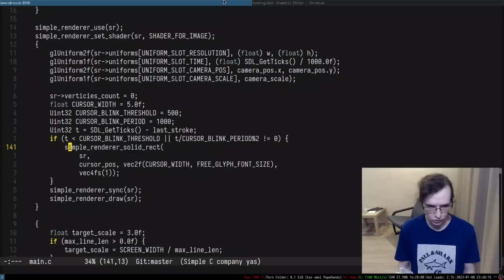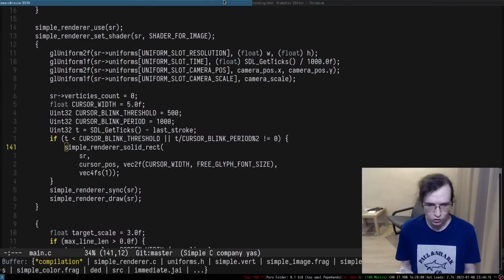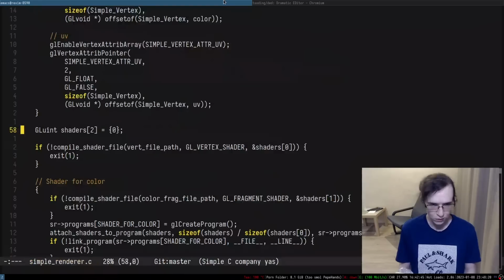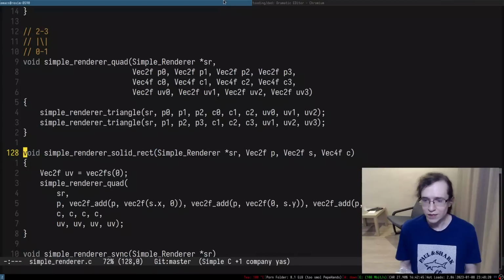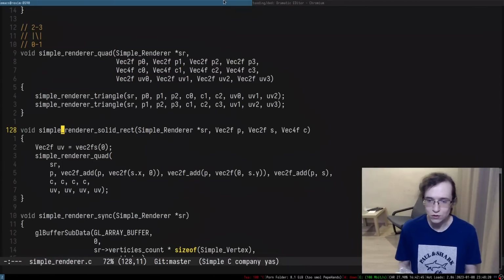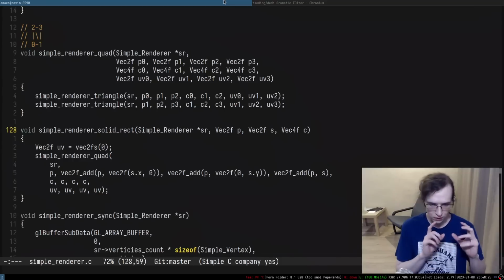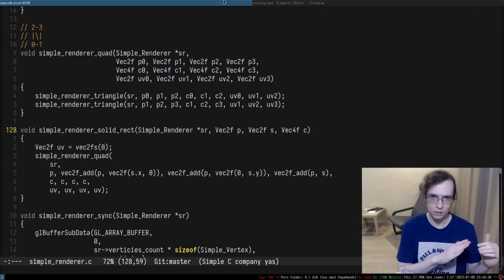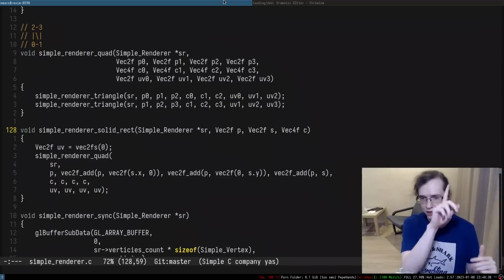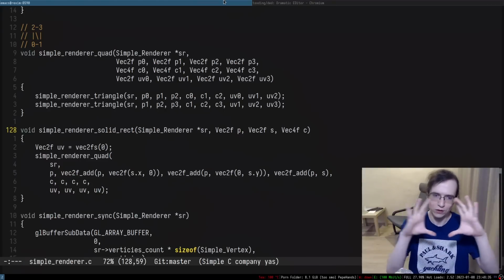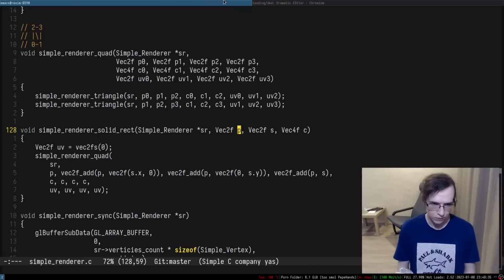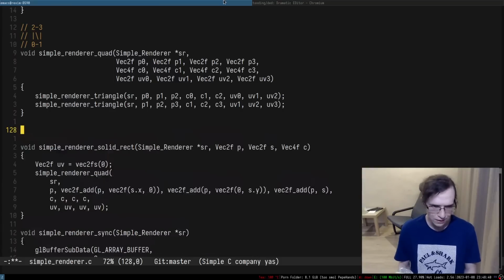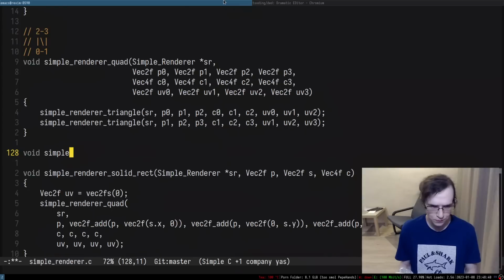To render the cursor, we use SolidRect. Let me actually find this thing. SolidRect is actually pretty straightforward. It just accepts the left bottom position of the rectangle, the size of the rectangle, and its color, and just renders the solid color. What I want to do is create an experimental function, simple render